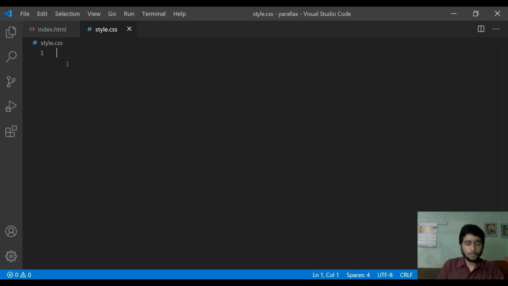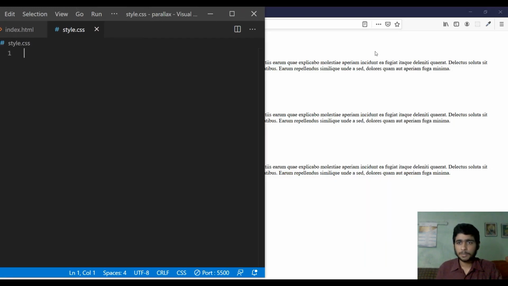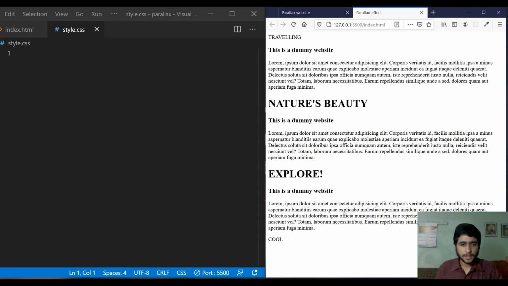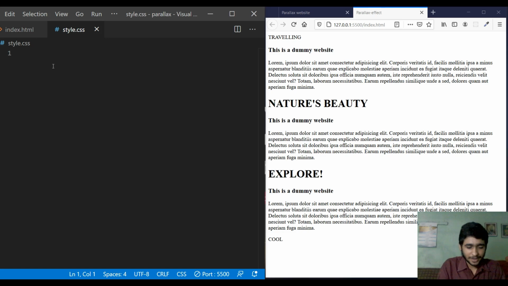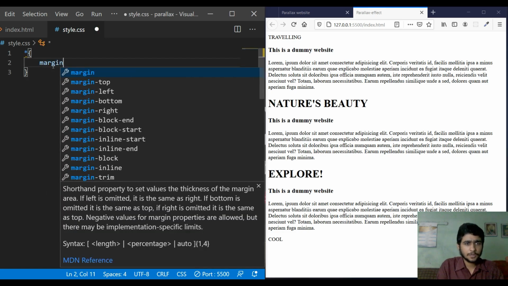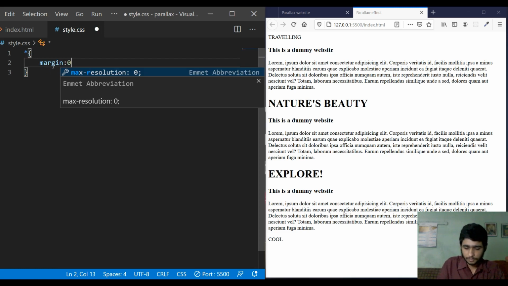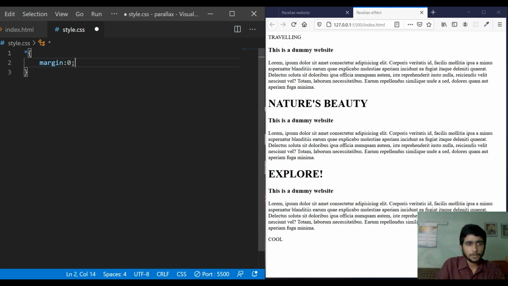Okay, so now we will get into CSS, the interesting part. But before going into CSS, I would like to split my screen like this so that I can see what mess my CSS is creating. So let's start by grabbing the global style, and let's give it a margin 0. Okay, I just forgot the semicolon. Margin 0,